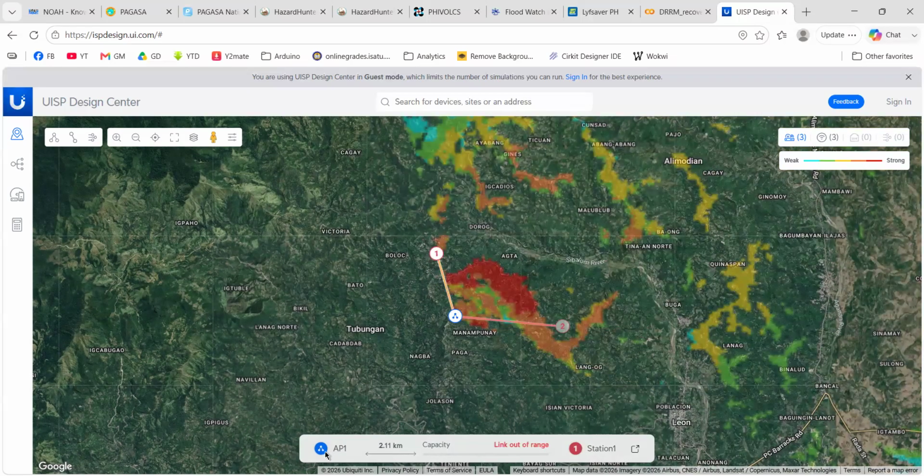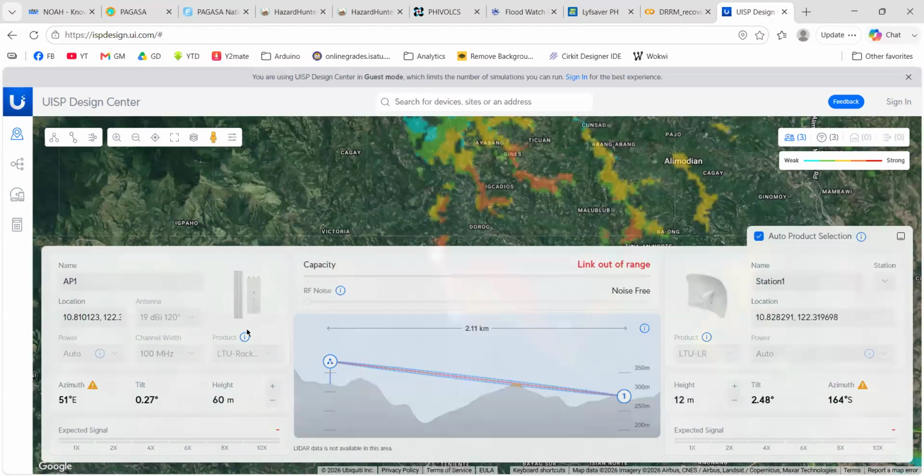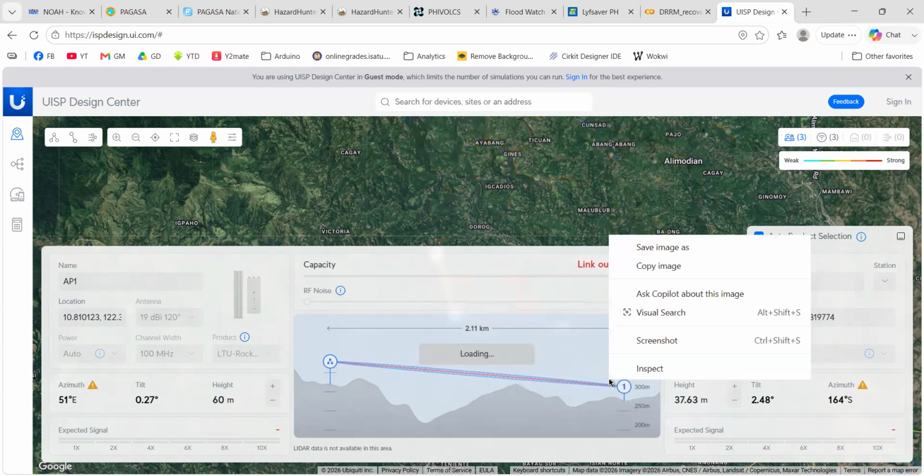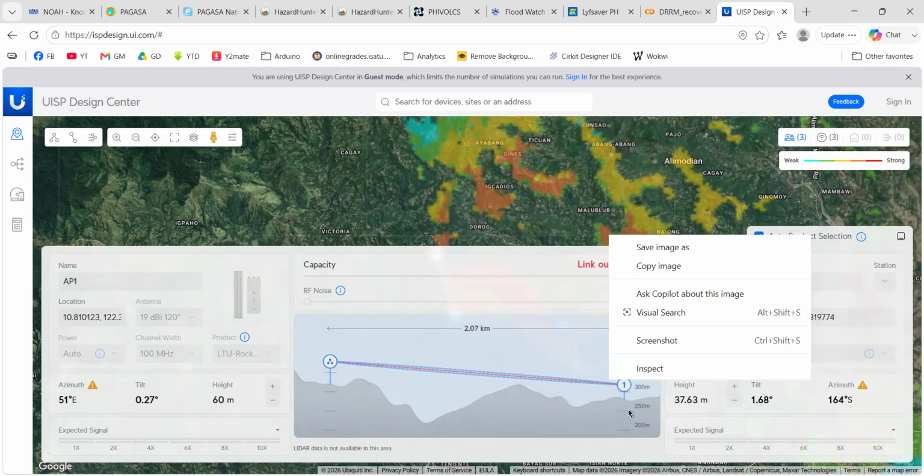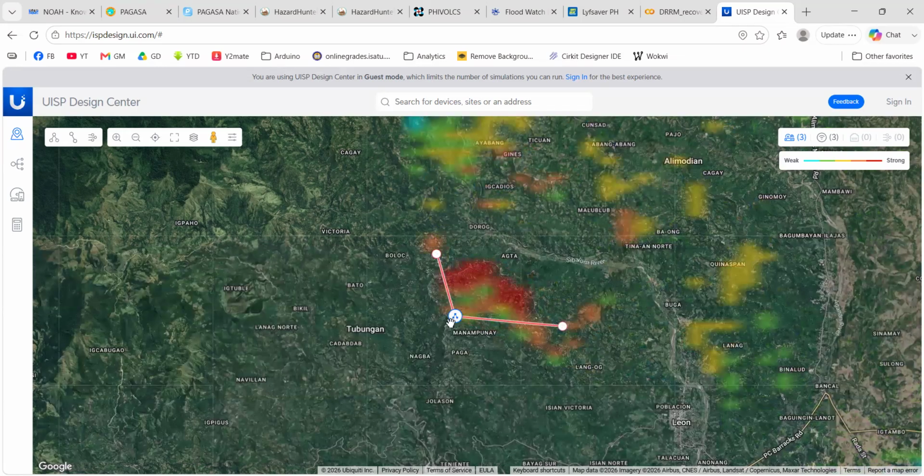And for ECs, I think we have this view. You can view one tower is right here and the other is right here. So there's an obstacle, so we can adjust the tower height to improve its performance.